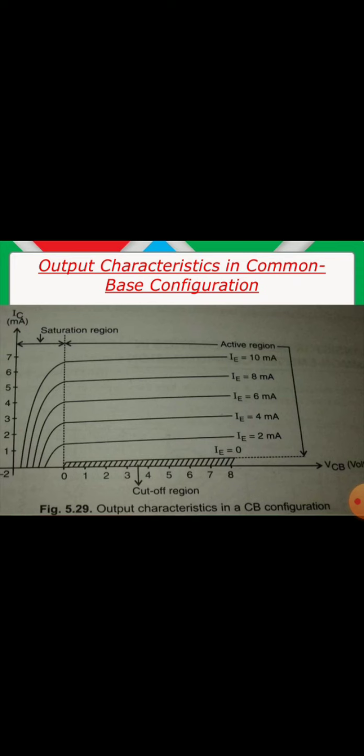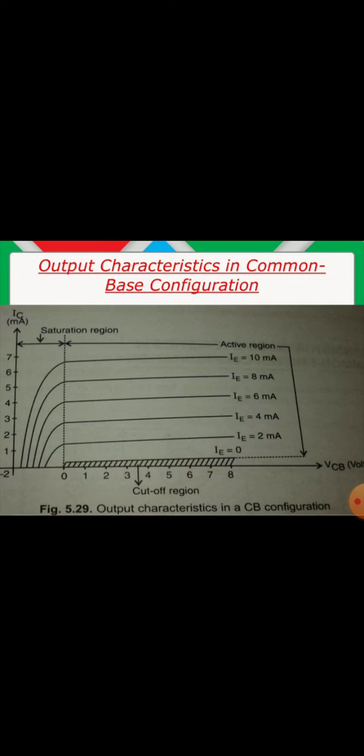When the voltage is raised above 1 or 2 volts, the collector current becomes constant. That indicates the straight horizontal curves. Those horizontal curves mean that the collector current is independent of collector base voltage and depends on emitter current. So the emitter current flows almost entirely to the collector terminal, so it is always operated in this region.